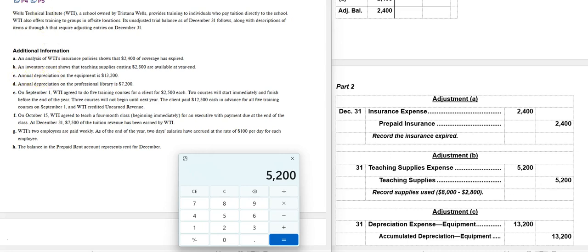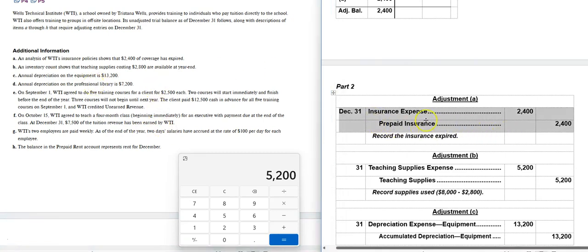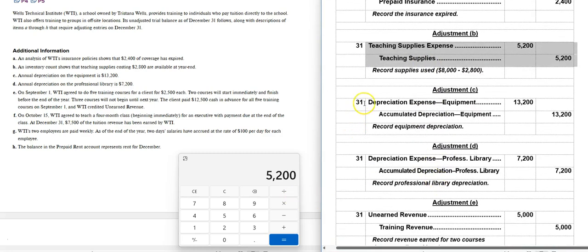All right, annual depreciation on the equipment is $13,200, and on the library is $7,200. Remember, when we use up long-term assets and they become an expense, we are not going to directly adjust the asset account. Unlike the first two, these current assets, as we use them up, we decrease the asset and record the expense. But when we're dealing with property, plant, and equipment, we are not going to directly adjust the asset account. We're going to record the expense,